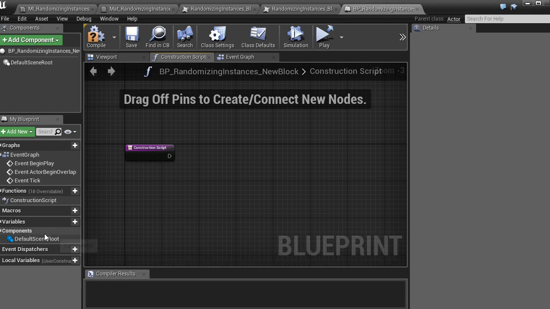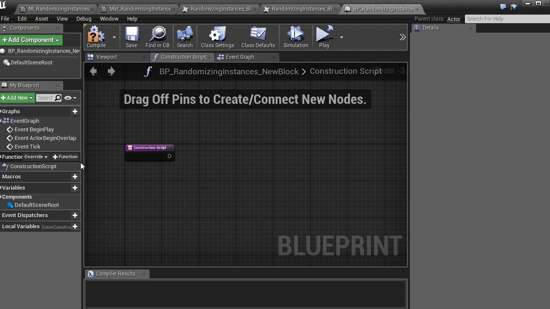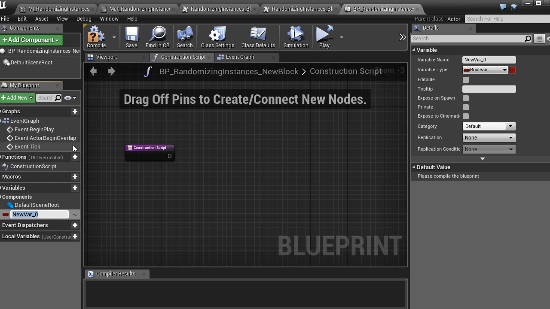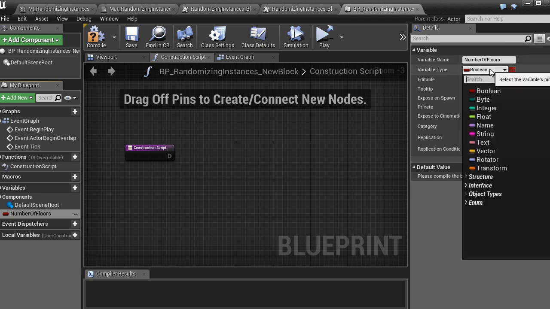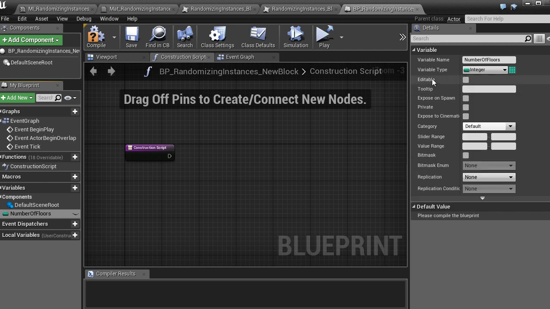Here on the left, in the My Blueprint panel, you can add your own custom variables. So my first variable would be number of floors. On the right, in the Details tab, we change the type to integer, which is a whole number, and make it editable. Then it will show up in the viewport also, not only here in the editor.